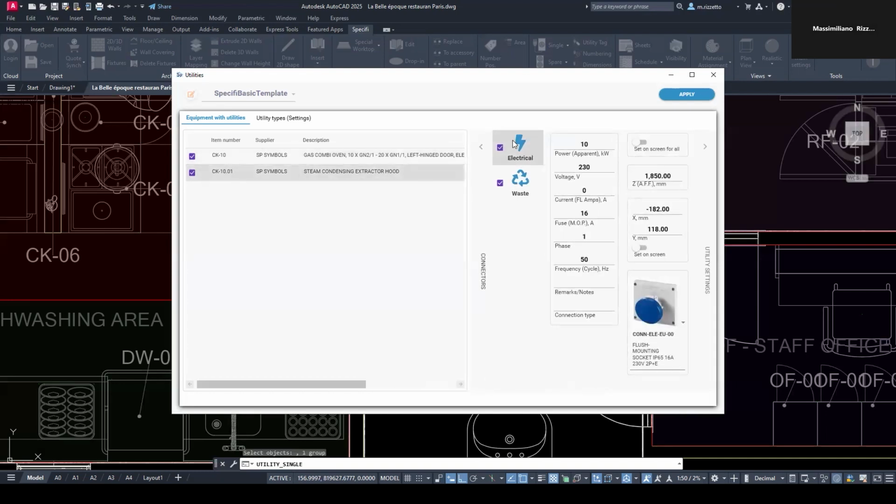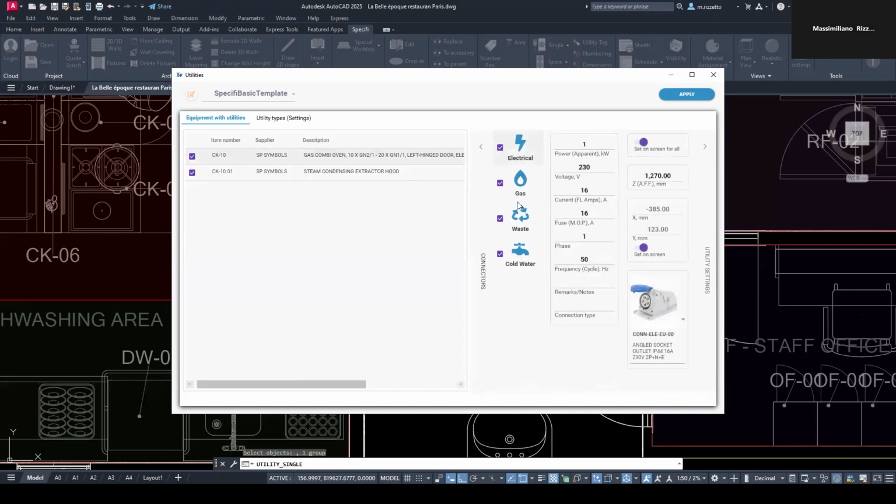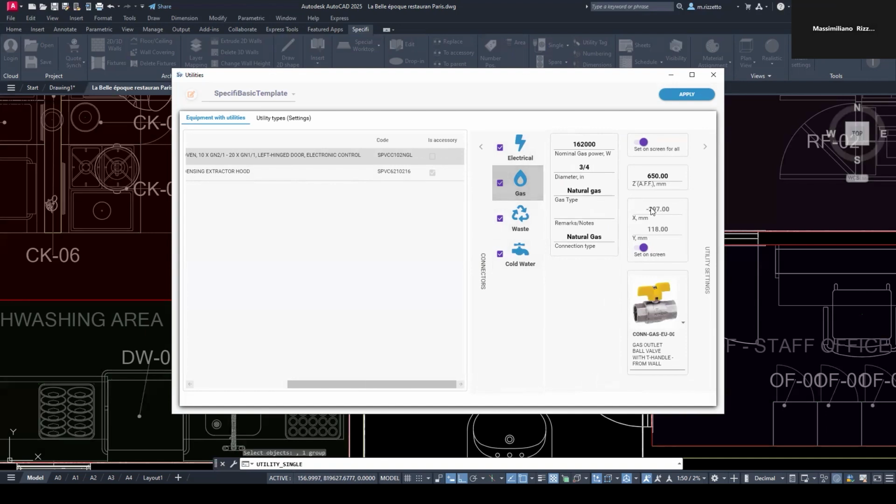The same we can do for the steam condensing extractor hood. As you can see, the extractor hood has electrical connection and waste connection. Again, for electrical, we can activate set on screen, we can set the height, and we can choose the socket. The same is for waste, for example. Here we have the drain. And coming back to our oven, as you can see, if I select gas, also the gas